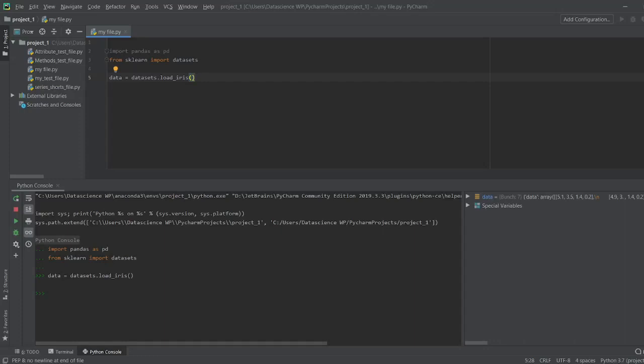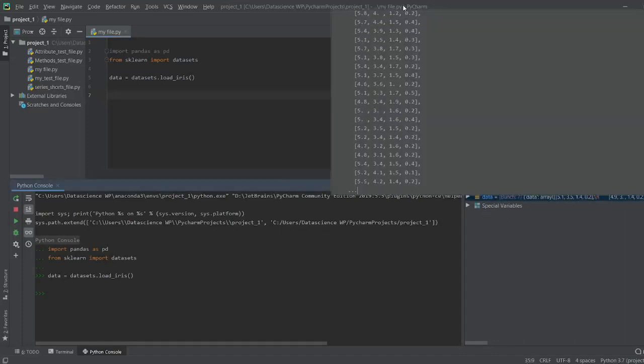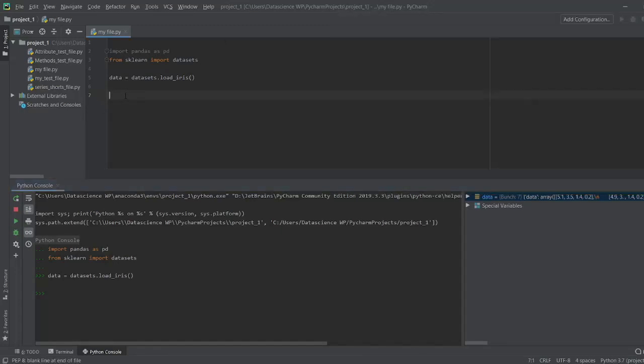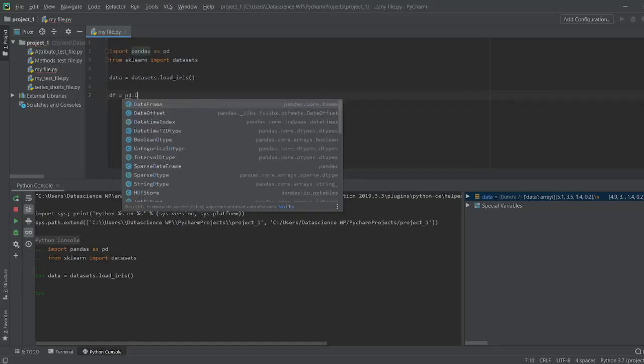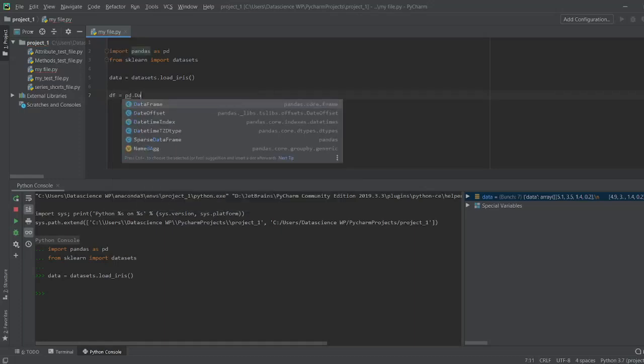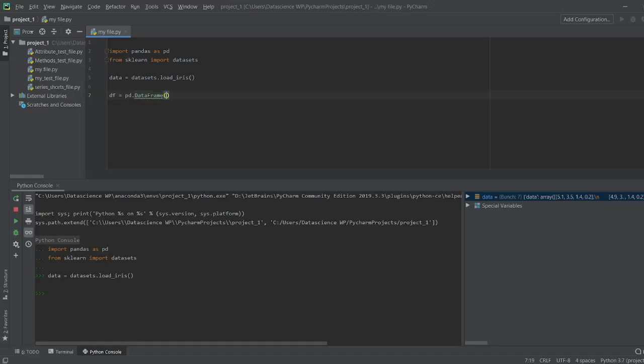Now let's convert this data into a data frame. If we take a look at our data variable and view it, we only see it is in this format. We'll convert this into a data frame. The easiest way of doing that is through pandas DataFrame.